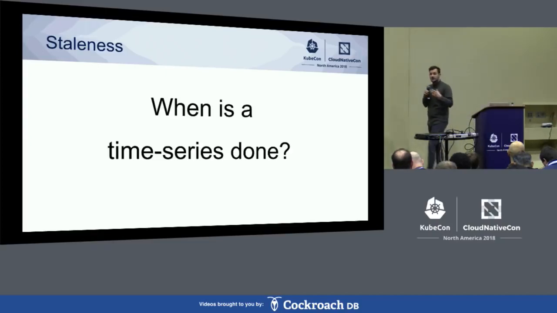So staleness is really how can we tell that a time series is done? And previously in Prometheus 1.x, this was just a timeout-based system where if a time series hasn't received a new sample within the last 5 minutes, it's marked as stale. But that's problematic because it potentially takes up to 5 minutes for alerts to actually register that this time series is done. So that's too late. And in Prometheus 2.0, what we did instead